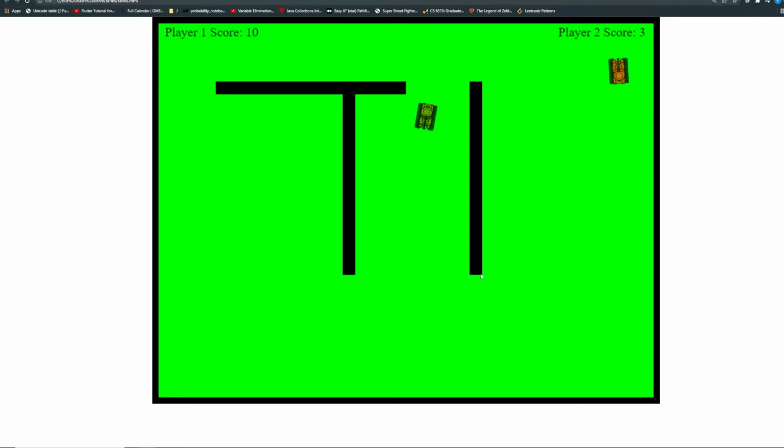One side would be parallel to the x, one side would be parallel to the y, and so they don't rotate. That's basically what we're saying. However, what we want to do is rotate our tanks and have collision detection, so that if we were to shoot right beside the tank, and I'll show you, then we do not get collision there. So there we shot right beside the tank, there we shot right beside the tank. If I adjust it a little bit more,